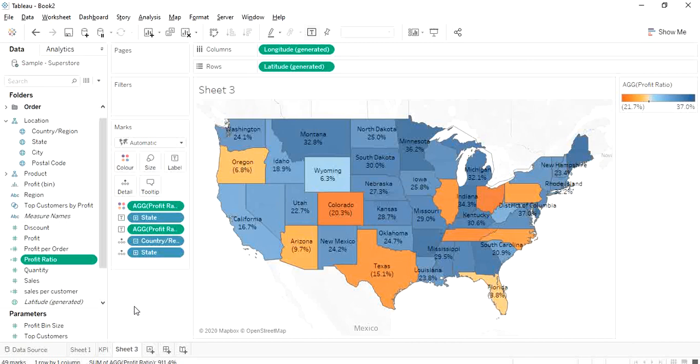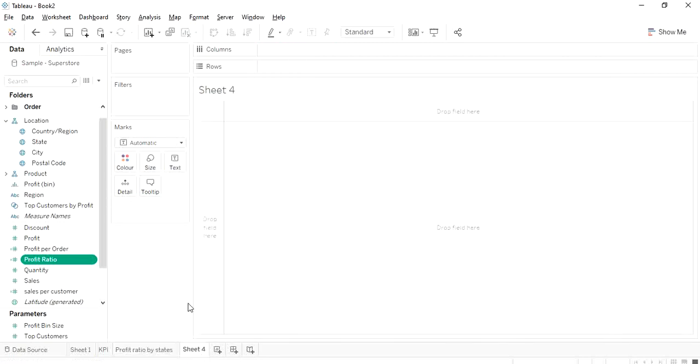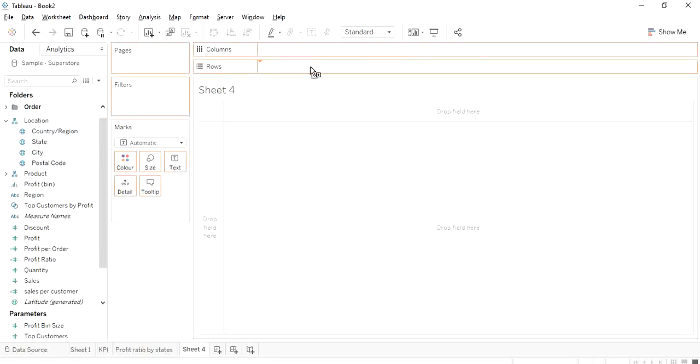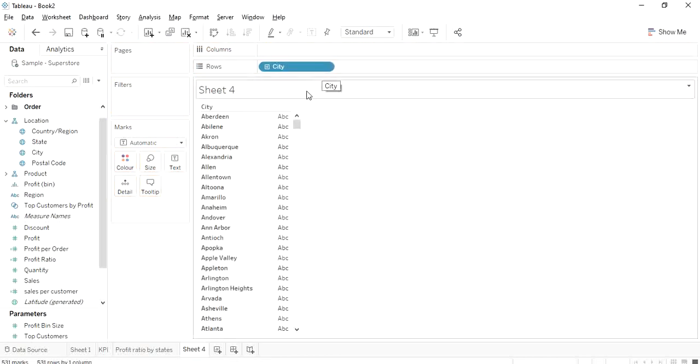Okay. So this page is ready now. Now I have to create profit ratios by city. So I'll create another sheet, and let me give a meaningful name to sheet 3, profit ratio by states. Now I'm going to bring city on the rows. I'm going to create a bar chart, a beautiful bar chart for all of my cities, and I got my cities. Now profit ratios,